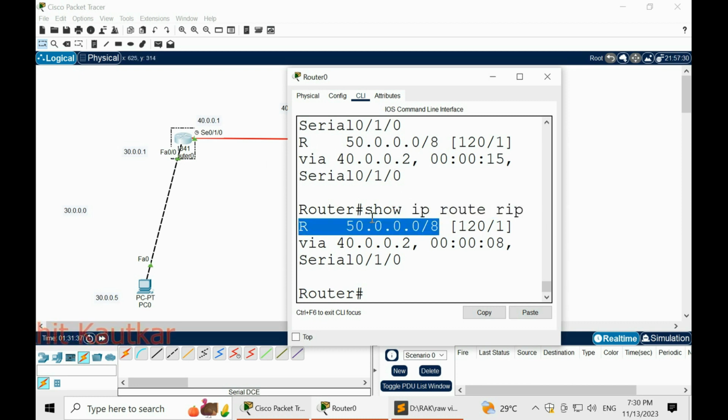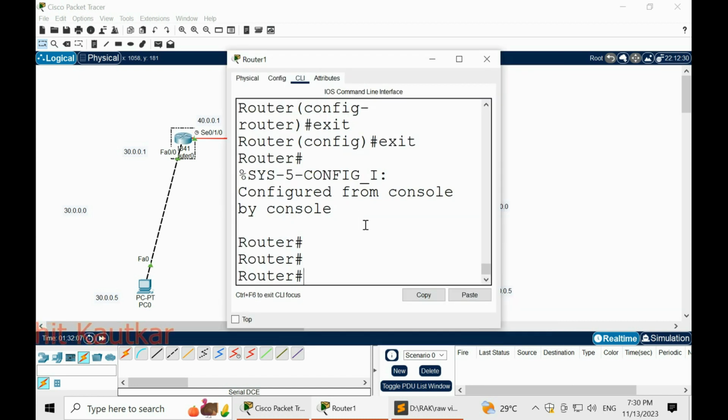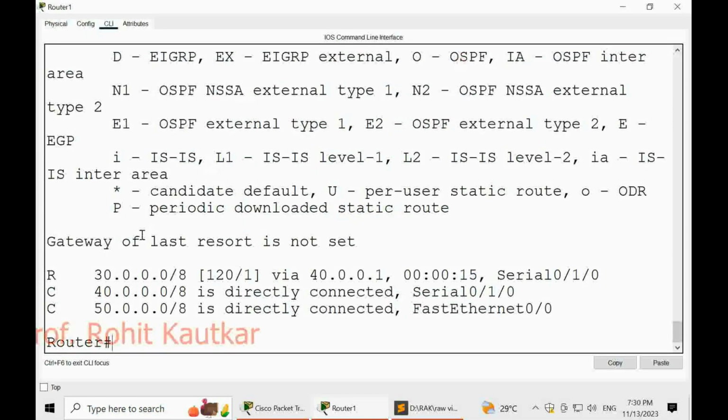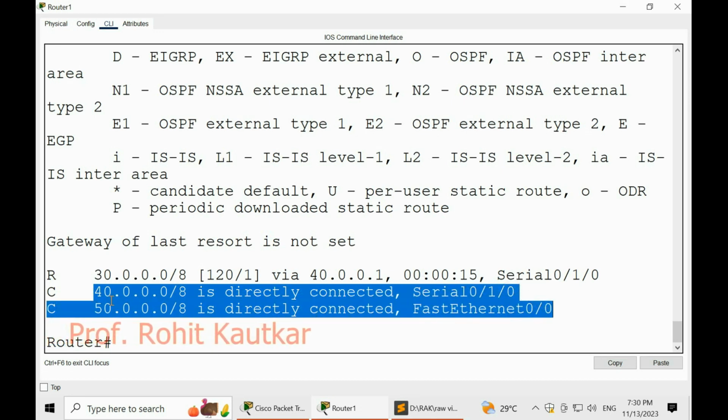Okay, so the same thing we may try for router 2 as well. So we will go to router 2 now, and here show IP route, hit enter. Now in this as well you can see router 2 is connected to these two networks, 40.0.0.0 and 50.0.0.0, and it has learned about the new network, that is 30.0.0.0.